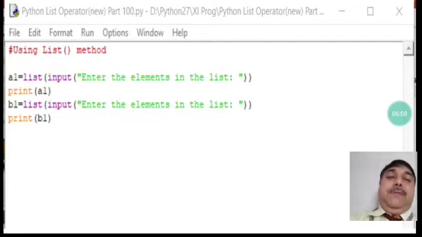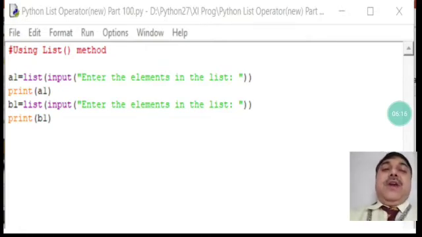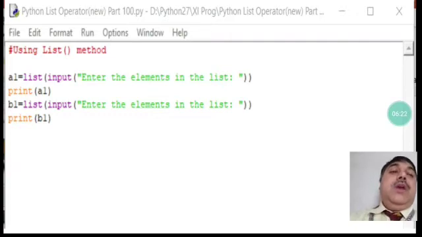You can write anything. Enter the list number, enter the element in the list to be entered. I have written here, enter the element in the list. You can change that writing pattern, that doesn't matter, but the information or instruction must be in a correct format. Next, it is going to do the printing.